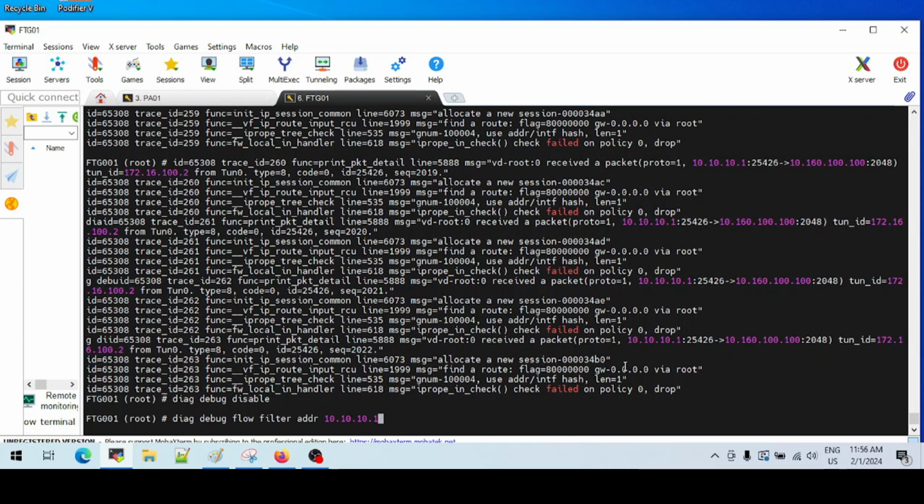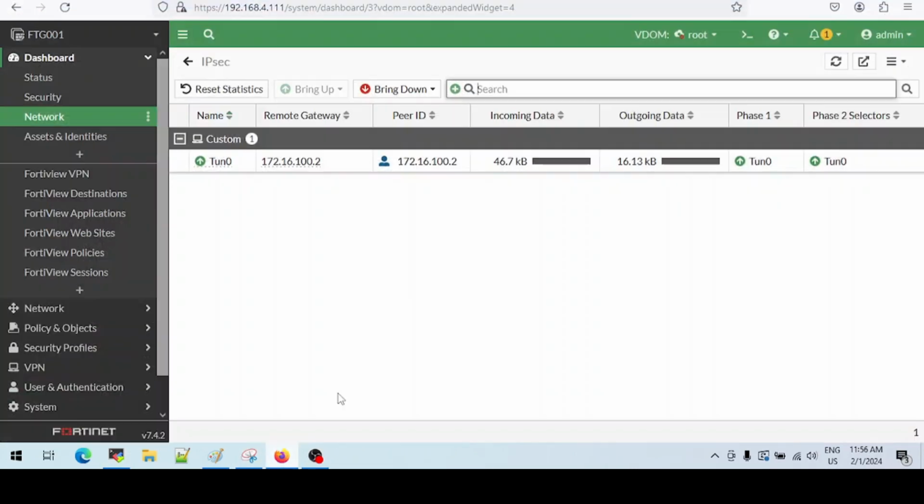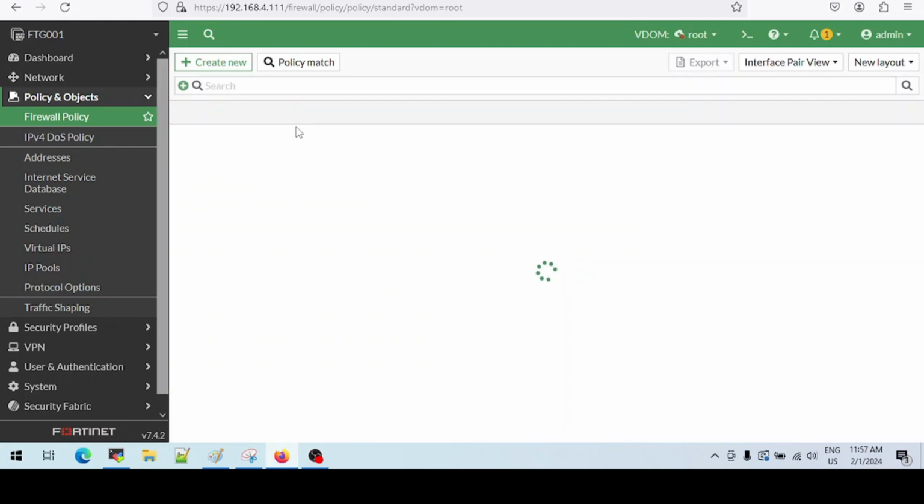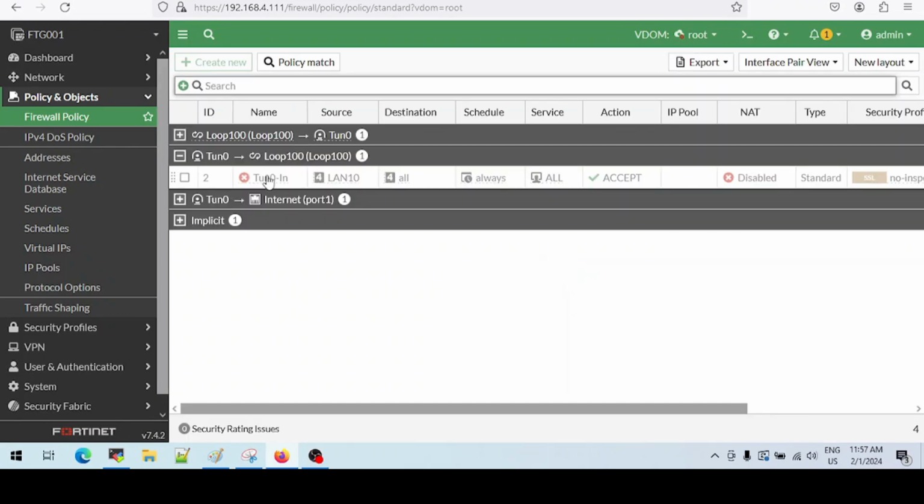And so even though the IPsec is in place and properly configured, the routing is in place, properly configured, we can see that the traffic from 10.10.10.1 going to 10.160.100.100 is being dropped because it doesn't have policy. Policy 0 essentially means that there's no policy. And we know this to be true because we disabled the policy. Now let's enable the policy again. And when we do that, we expect to see traffic starting to flow again.